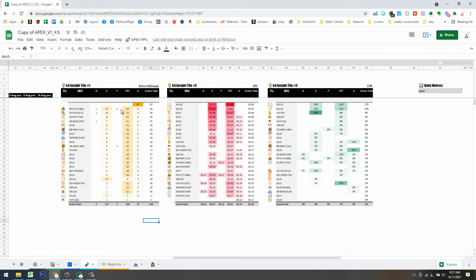All right, so after that loads, you can see it gives us a pretty slick breakdown of how many ad groups for each SKU we have, and these are all filtered for just enabled ad groups and campaigns. The one that is blank up here is going to be your multi-SKU ad groups, just so you know. But the process here to perform this Pareto analysis is just to double-click